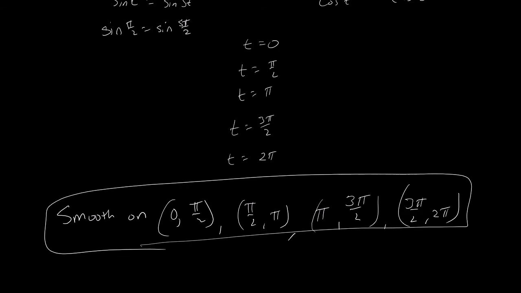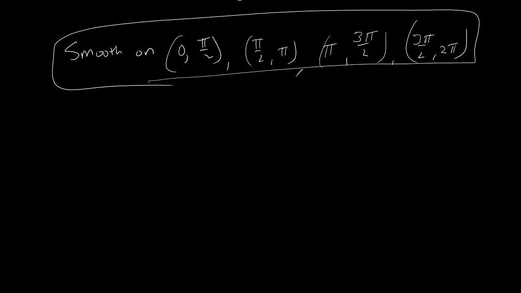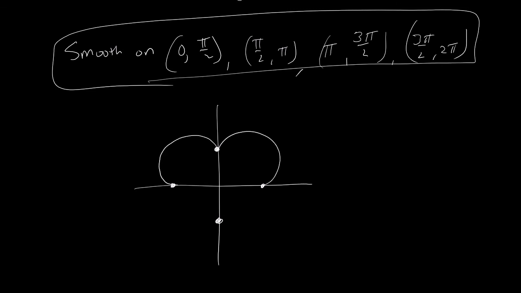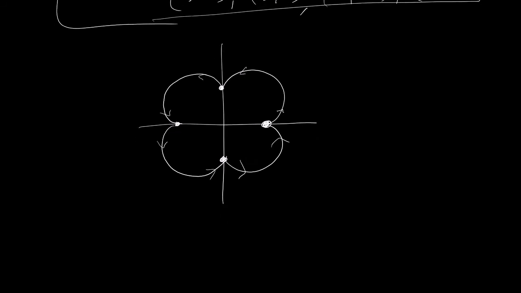And if you sketch this curve, you'll see that that is actually the case. It's actually called an epicycloid. So I'll go ahead and sketch it for you so you can see it. So it's going to look like this. And at these locations, we've got t equal to 0 here, pi over 2 here, pi, 3 pi over 2. And it actually looks kind of like this. It's kind of neat. It began right here when t is 0, and it goes around in this way. There we go. Okay,